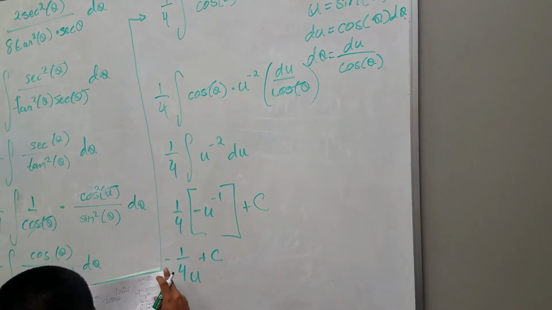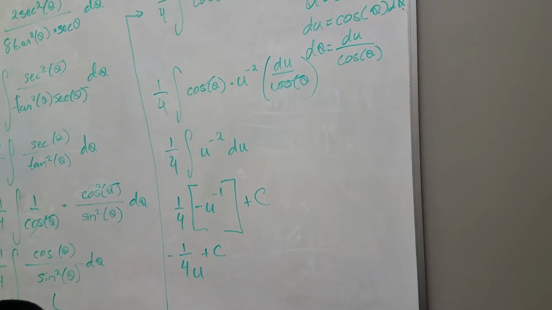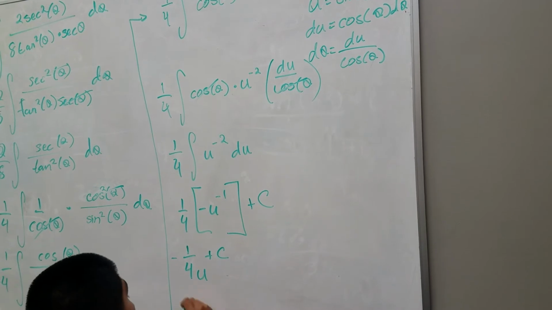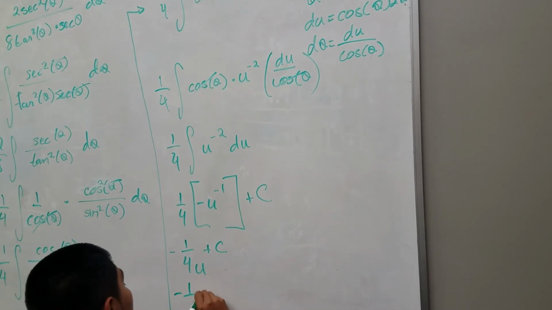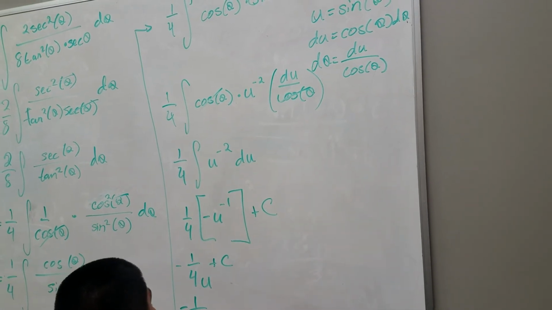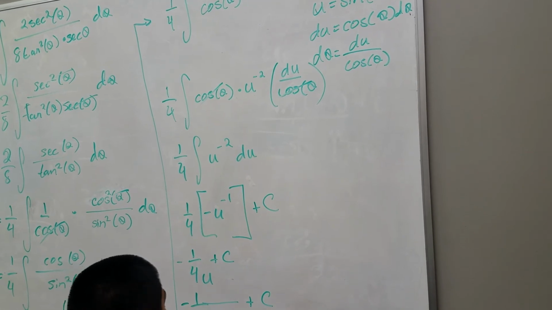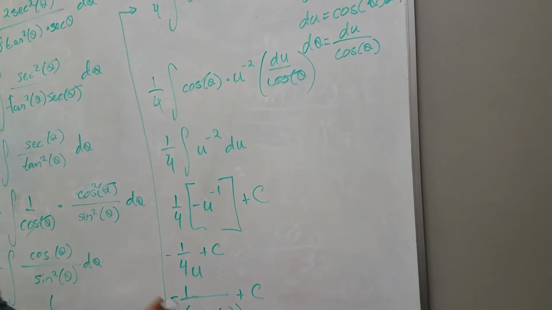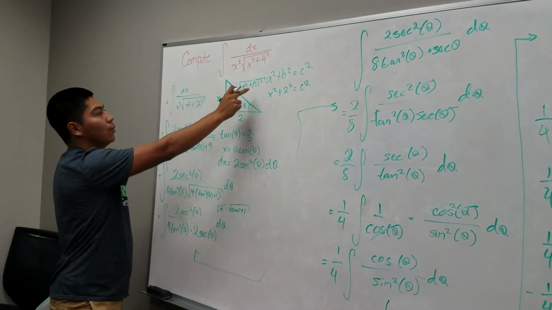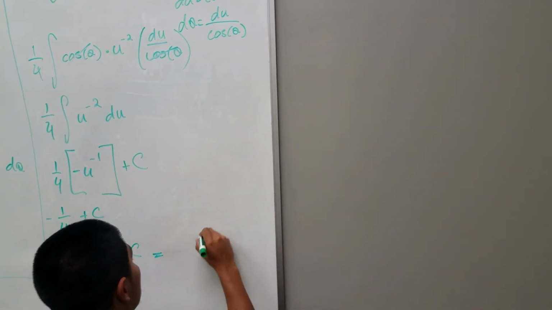After that, we substitute our u back in. Wow, I'm running out of space. We substitute our u back in, which will give us -1/4 times 1 over sine of theta plus c. And then we could replace sine of theta with this triangle over here, x over the square root of x squared plus 4. So our final answer will be